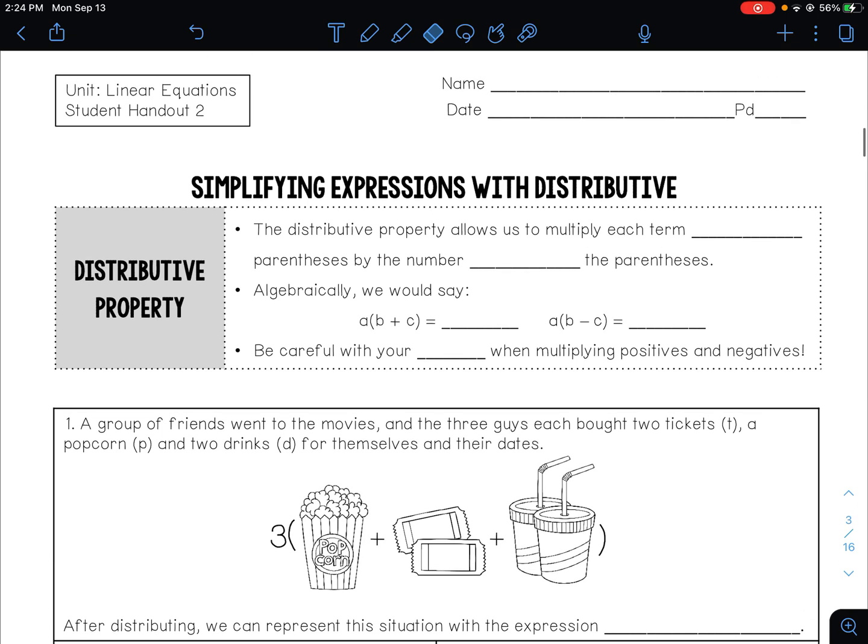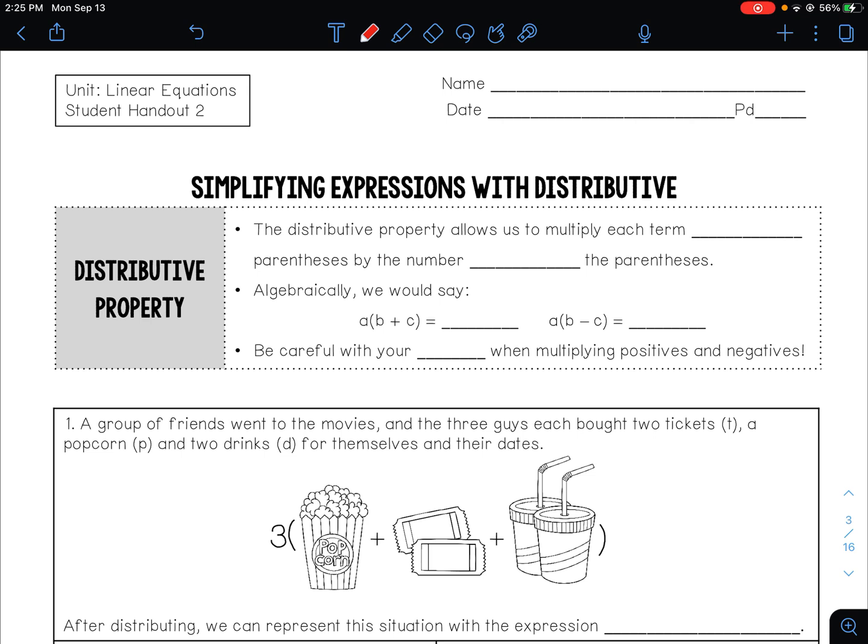In this video, we're going to go over simplifying expressions with the distributive property. So let's begin. The distributive property, that's like the parentheses with the number on the outside. I like to call it the double rainbow. The distributive property allows us to multiply each term